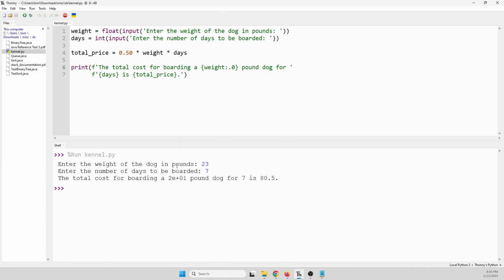and I forgot the F there. It's displaying it in that other format for floats here. So I need to add an F right here. Let's see if that will get it. There we go. So that displays it to the nearest whole number, even though we allowed the user to enter